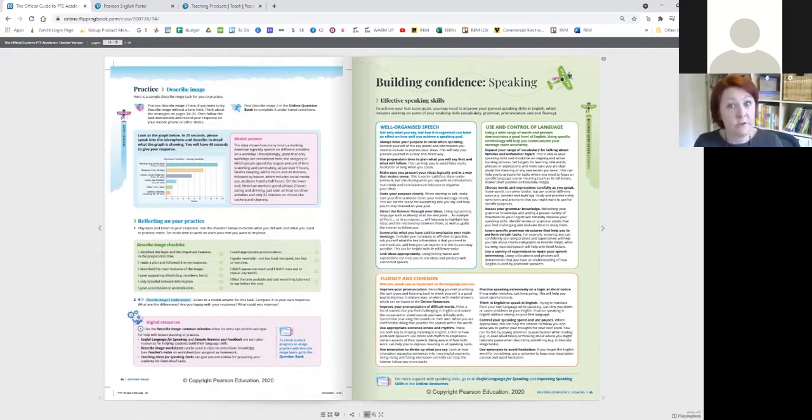If they're a fast track student and they want to really bash through things quite a lot quicker, there's some hints there at the top. So it tells them which task it is in the question bank, so they can go straight into the question bank, do it online, get their feedback, all that kind of thing. So really, really helpful. A little reflection here on their practice to see how they're doing.